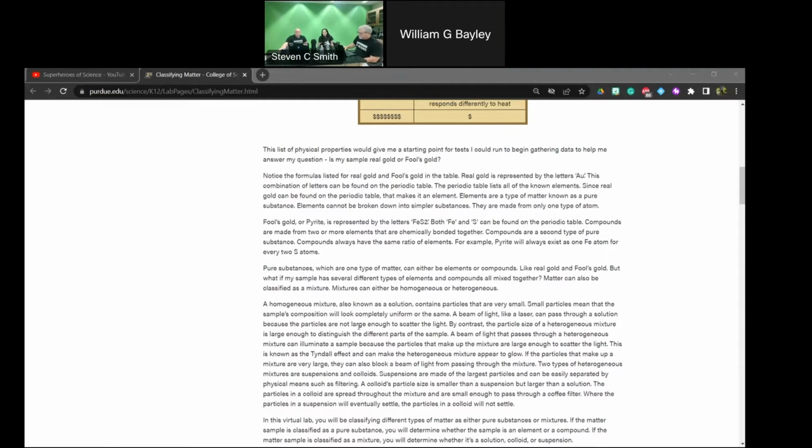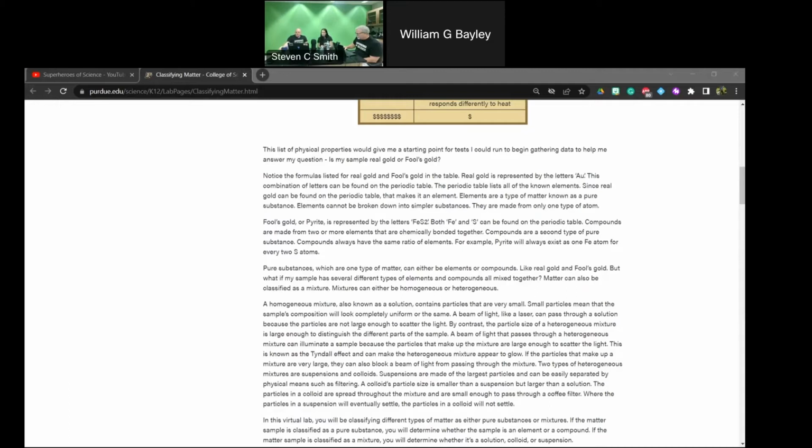This can be a little confusing as we help students learn how to classify things. Recently, my own kids, who are getting to that middle school, high school age, have been doing some of this, and they say, well, a homogeneous mixture looks the same throughout. And it does, but there are also some heterogeneous mixtures that can look the same throughout, but technically they're not homogeneous, they're heterogeneous. So again, I really want to focus on this idea of particle size. The smallest of the particles, which will look uniform throughout, we classify as a homogeneous mixture or a homogeneous solution.